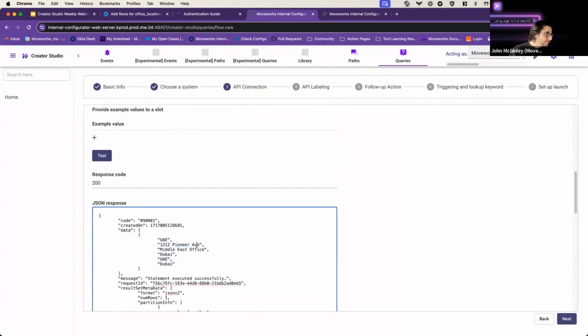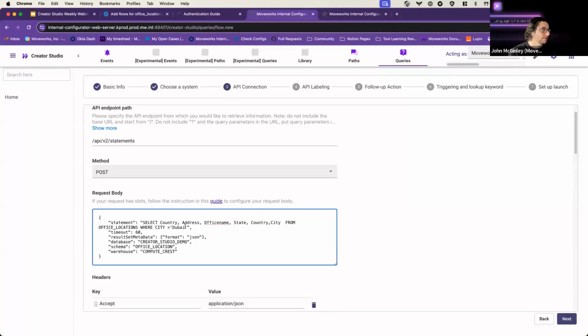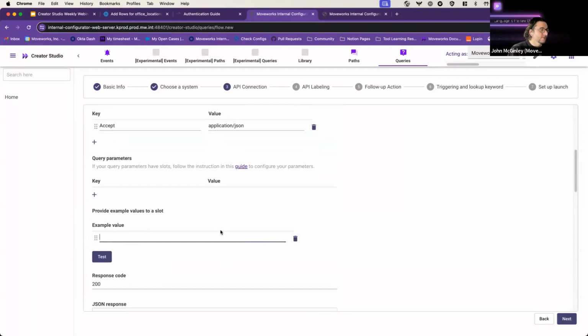So I want users to be able to query for any city that we have an office in. I don't want them to only be able to query for Dubai. So what we're going to do is we're going to make this a variable by using this syntax: double open curly brace and close curly brace and the word query. So what this does is it allows us to extract the city that the user is actually looking for the office within from the question that they've asked Moveworks. So when I put a query variable here, I can then provide an example value to slot. And if I enter Dubai here,